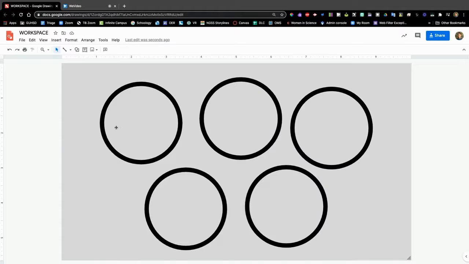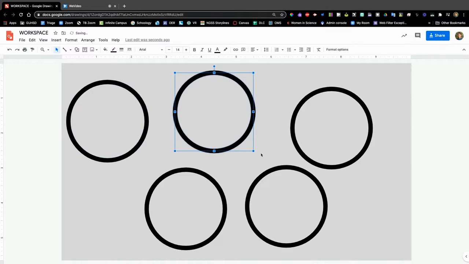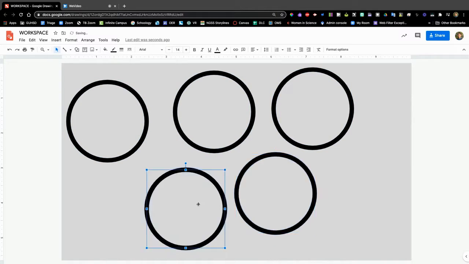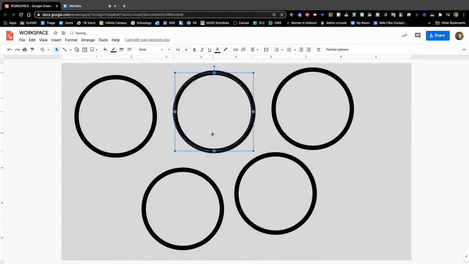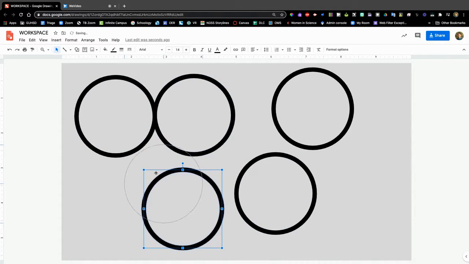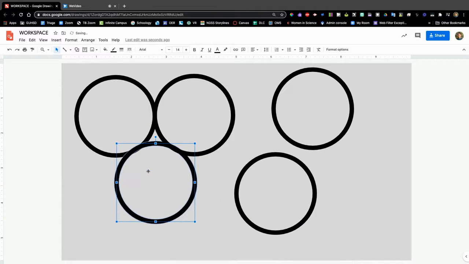This video will show you how to group objects. So I have 5 circles here, and each one of them is independent of the other. But let's say I make some design, and this is, I guess, more creative side, but just to demonstrate the